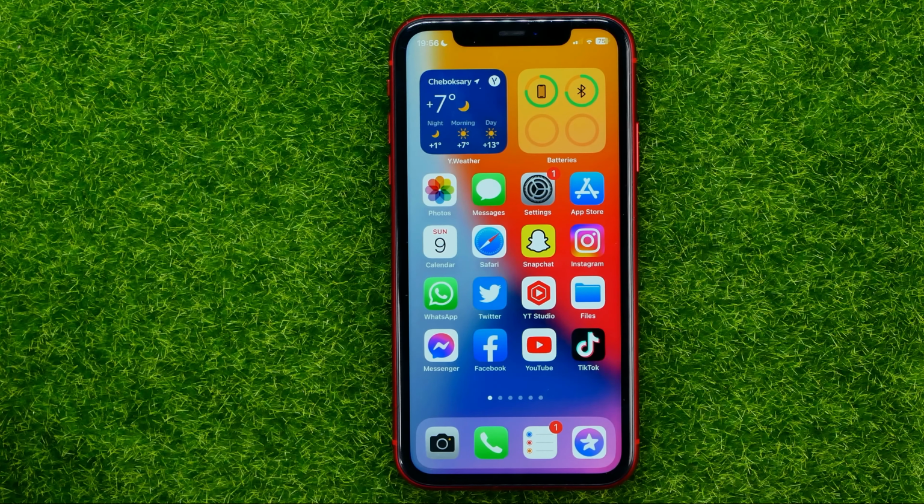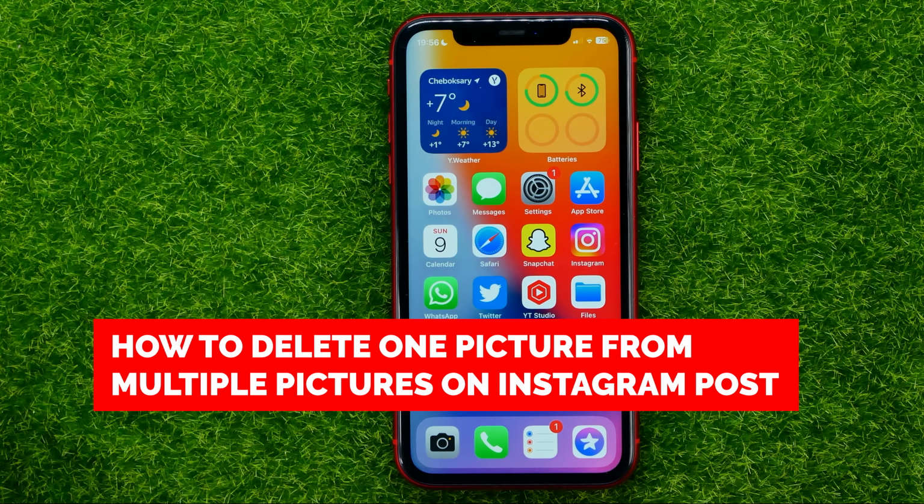In this video, I'm going to show you how you can easily delete one picture from multiple pictures on Instagram